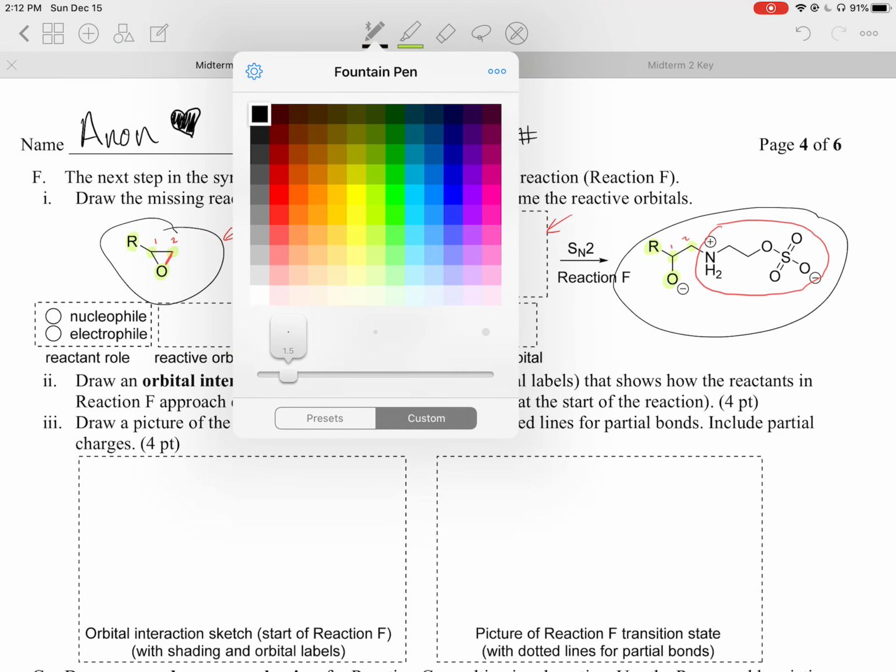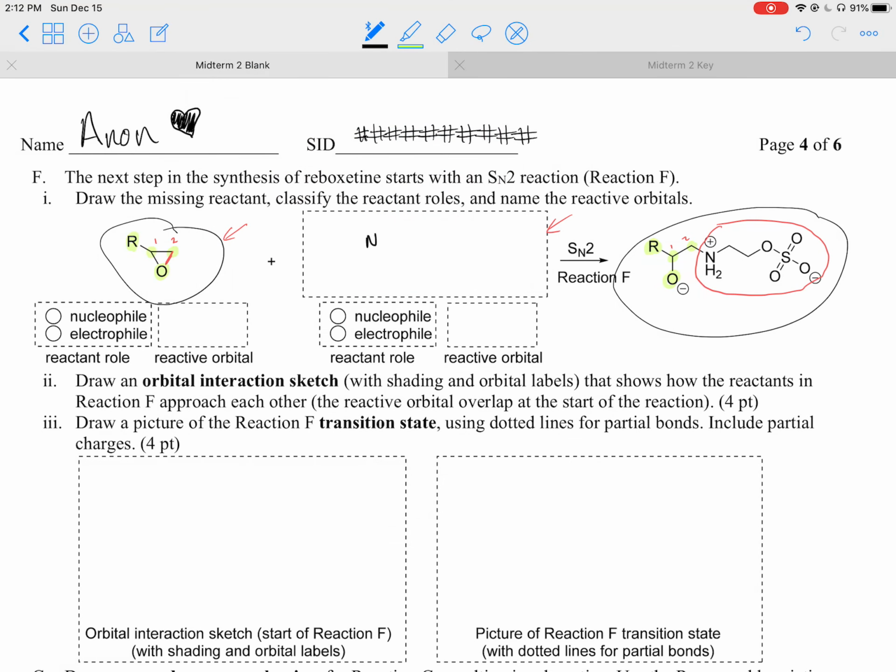So let's go ahead and write that in there. That's going to be our other reactant, NH2, and here the nitrogen does not have a plus charge because it's only making 3 bonds, and it has its other lone pair. And let's number these other carbons too. That's 3 and 4. And then there will be the oxygen here, S double bond O, and single bond O negative. Okay, and so we see that